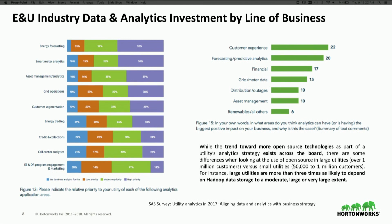And that's really what's driving a lot of use cases from an open source data management perspective, is how do we ultimately cost effectively store, process, and drive value from 15-minute data, or in some cases, more frequent data, 5-minute data from our customers, and actually drive value not only for ourselves, right, from an operational efficiency perspective, or driving revenue protection use cases, or forecasting, or whatever, but ultimately, how do we better service our customers and provide them the data in which to make better choices from an energy consumption perspective, or have a better ability to actually predict when we're going to restore power when we have an outage, or better yet,